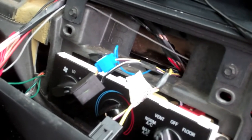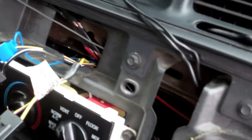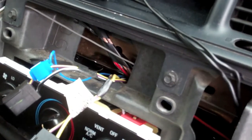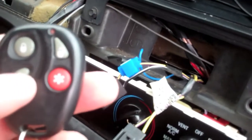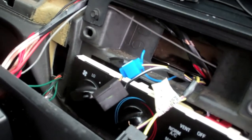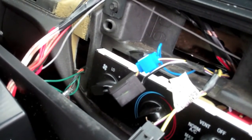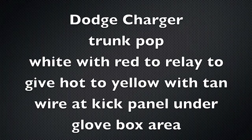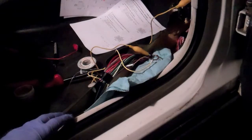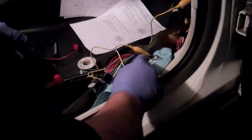Okay, so I've switched the trunk now to where you have to have the ignition key on to pop the trunk. However, I just heard the trunk open. So that's the way to wire it. Alright, I figured out the trunk pop. Crazy as it is, there's a tan and yellow